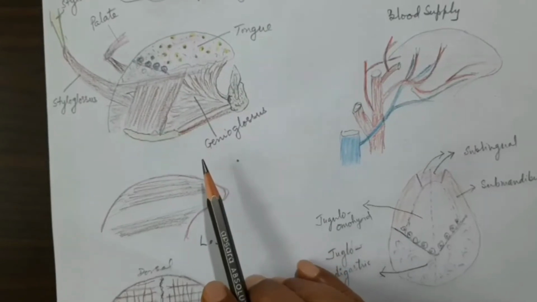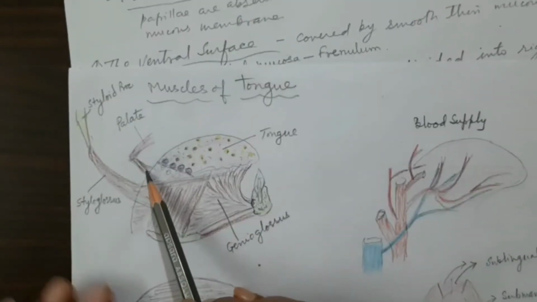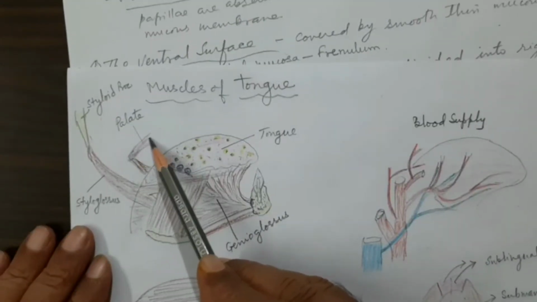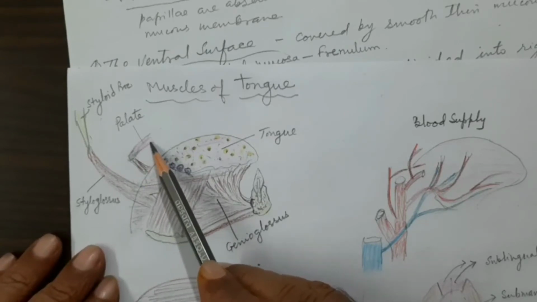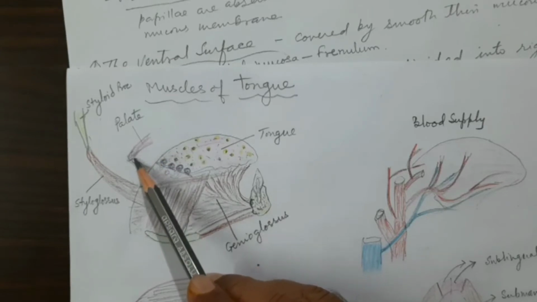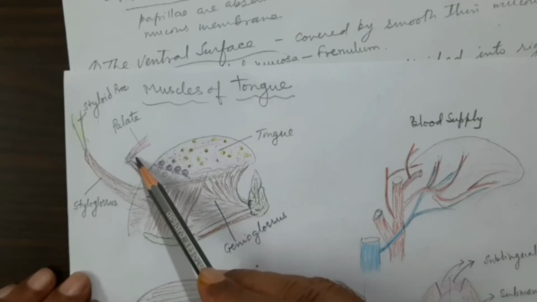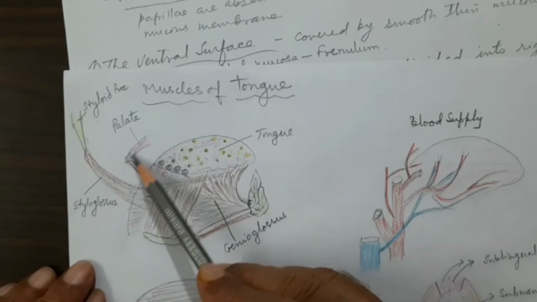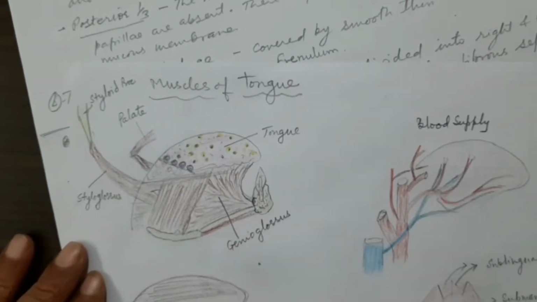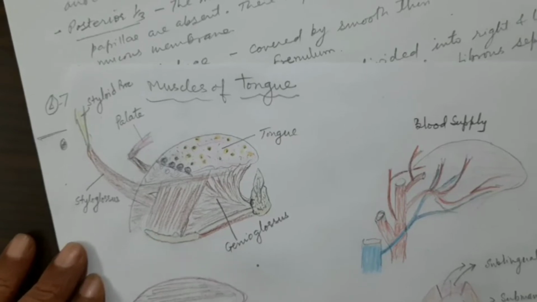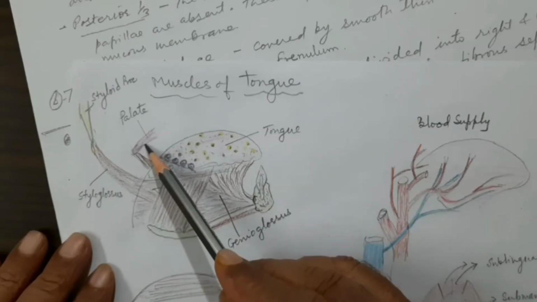The last muscle is the palatoglossus, an extrinsic muscle I am talking about. Now this muscle is a small muscle shown here. This is the soft palate. So from the inferior surface of the palatine aponeurosis, in the last video, a day before yesterday, I had uploaded a video of the soft palate in which there was a palatine aponeurosis, from the inferior surface of the palatine aponeurosis this muscle takes its origin. Okay, so from the palatine aponeurosis of the soft palate,